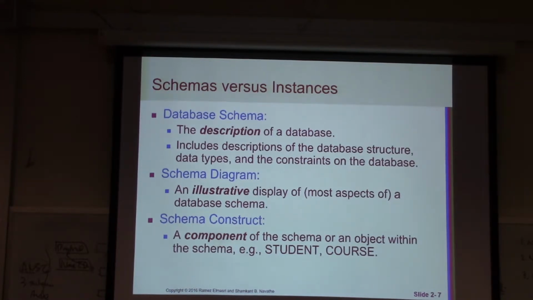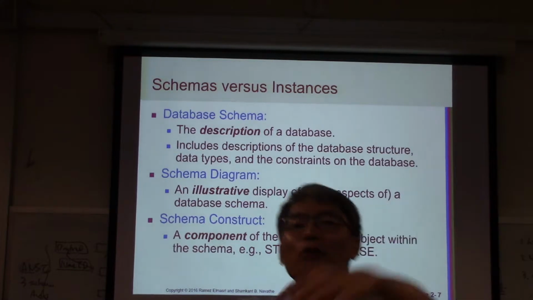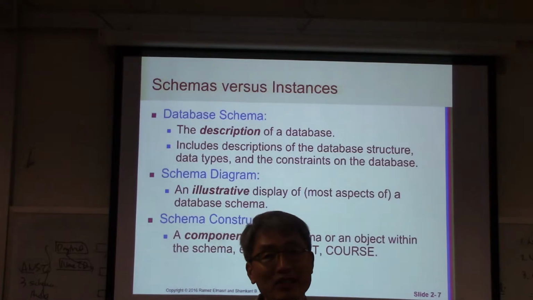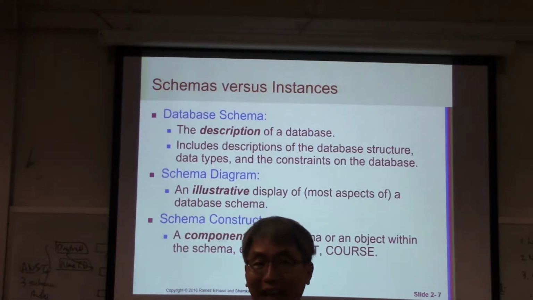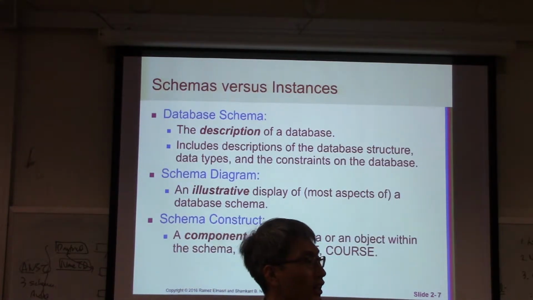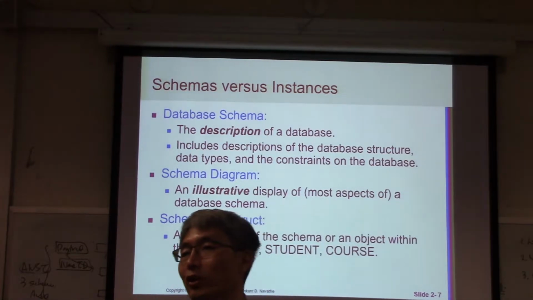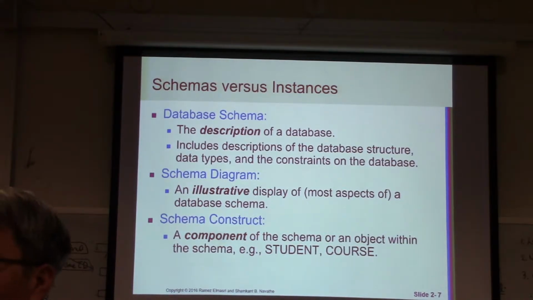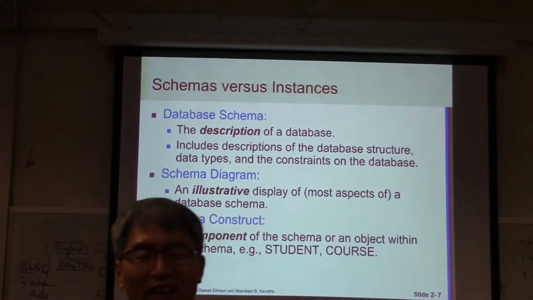So database schema, I already mentioned, schema is our goal of the design. We try to build a schema. That's a description, sometimes a kind of boundary. For example, I try to create a university database schema. Then all the data structures that you create are inside the university database schema. Because of that, with any relational database, you start with creating a schema. Database name, you create the database. That is a database schema name. Then inside that schema, you will create table, index, whatever.